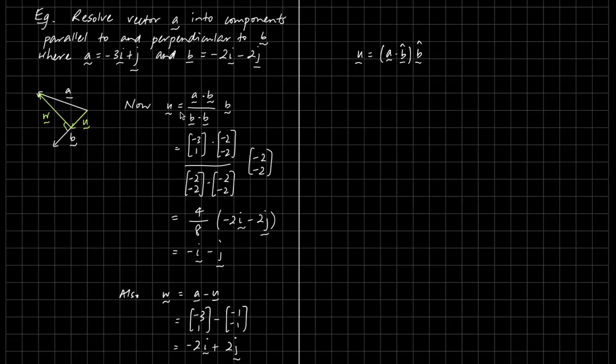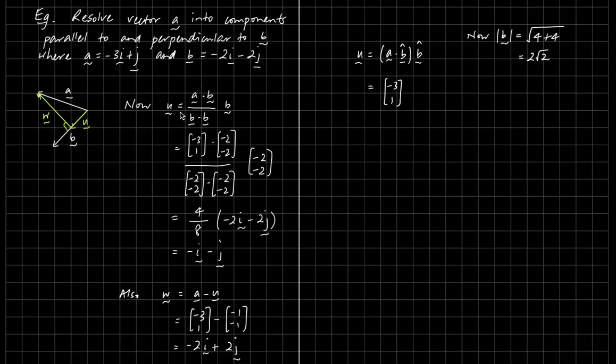So let's just over here go, what is the magnitude of B? Well, 2 squared plus 2 squared, so it's going to be root 8 or 2 root 2. So subbing in here, we're going to get vector A, which is -3, 1